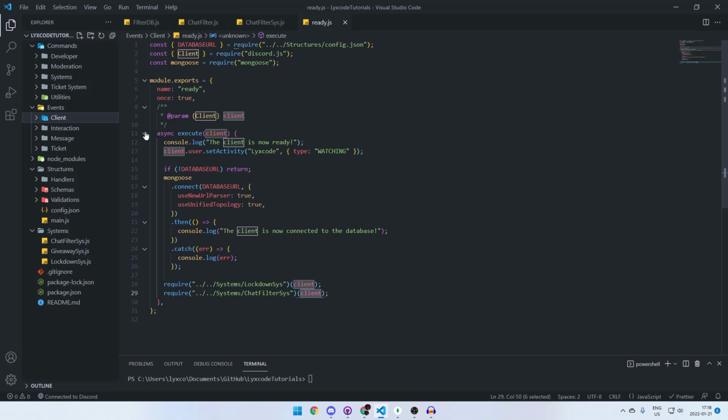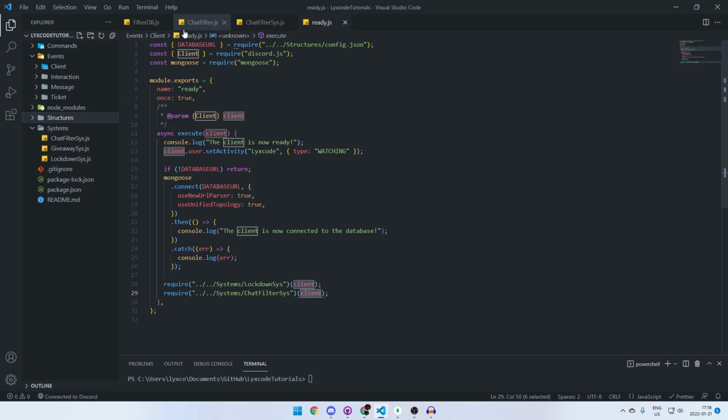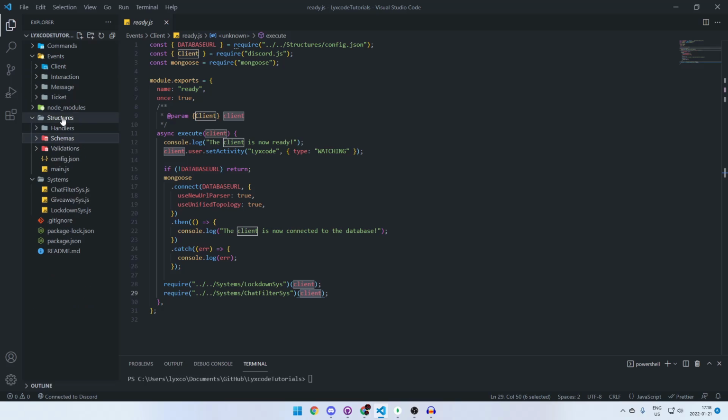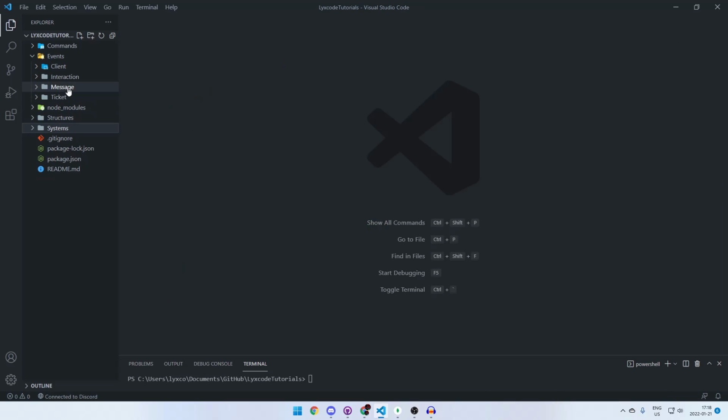And to do that, we need to listen on the message create event. So let's go to our events. Let's close out of all of these so we can have a clean space in front of us. Let's go to our message, and here we're gonna create a new file, and we're gonna call it, for example, filter